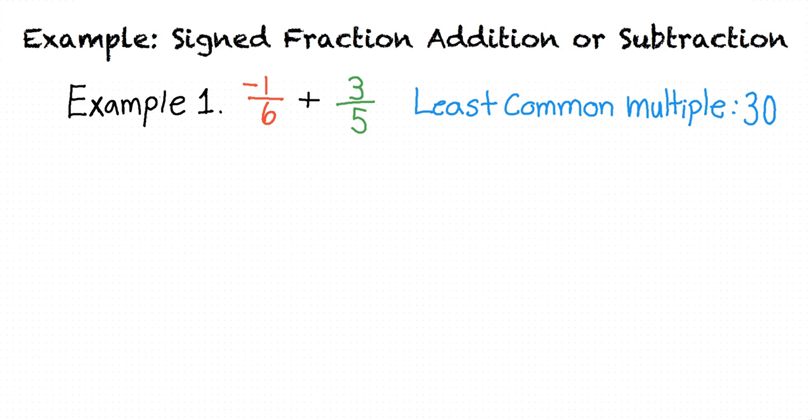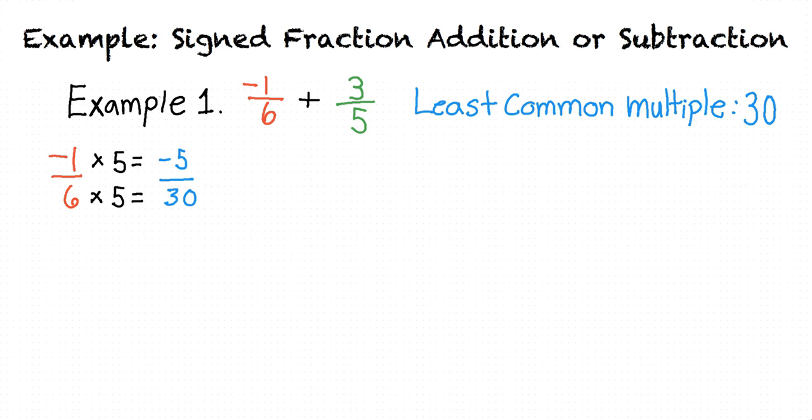Remember that we can't just change the denominator of a fraction and keep the numerator the same. Doing so would result in a different fraction than the one that we started with. In order to change the denominator of -1/6 to 30 and keep the value of the fraction constant, we must change the numerator to -5. In order to change the denominator of 3/5 to 30 while maintaining the same value, we must change the numerator